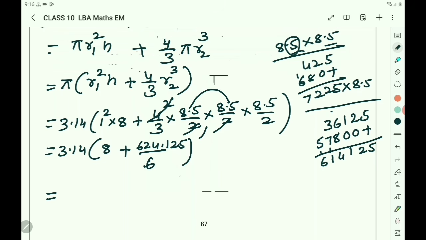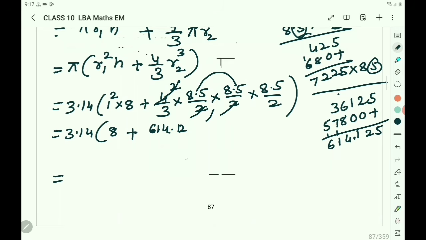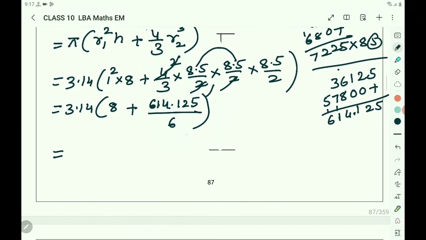Here 1 digit, 2 digit and 3 digit. The point must be after 1 2 3 digit. The point comes here. When you take 614.125 by 3 2s are 6. Then you write 3.14 into